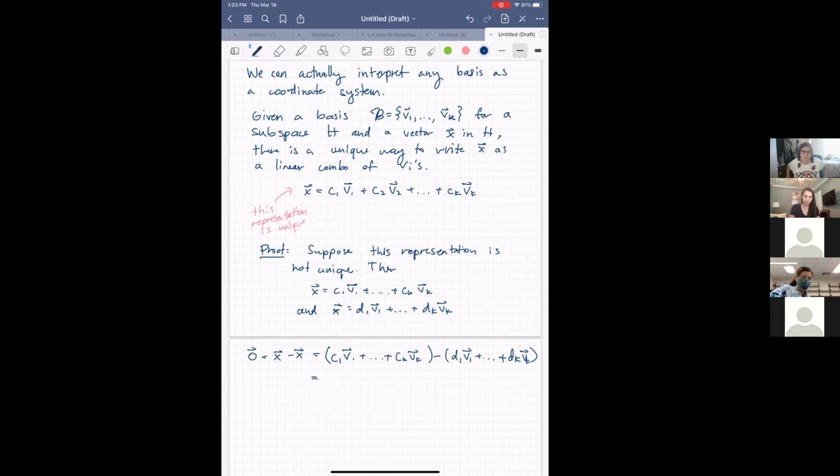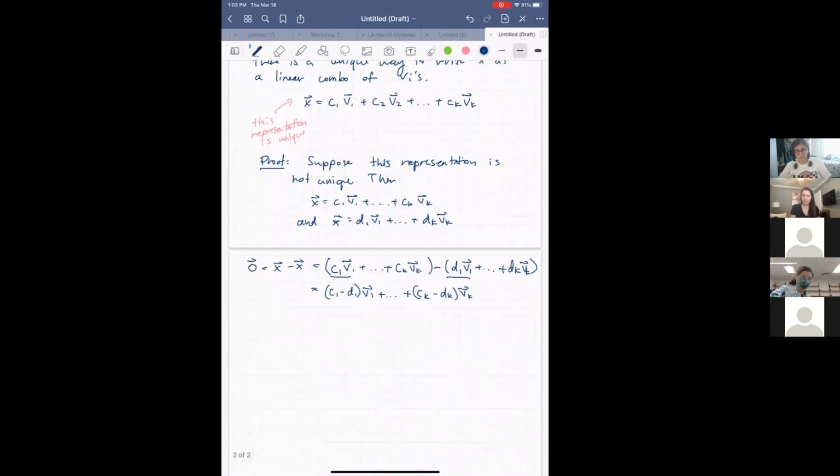by the vectors. So by that I mean, I'll group the first term of each of these. So we get C1 minus D1 times the first vector V1 up to CK minus DK times VK. So for each of those vectors, we get Ci minus Di, that is. Okay, but since this is equal to the 0 vector, that means that each of these constants out front has to be 0, right? So that means that C1 minus D1 equals 0, C2 minus D2 equals 0, and CK minus DK equals 0,